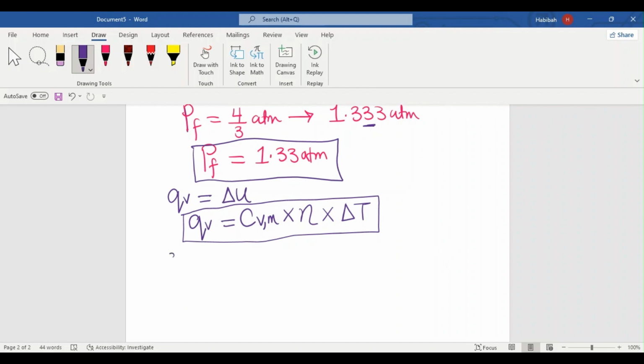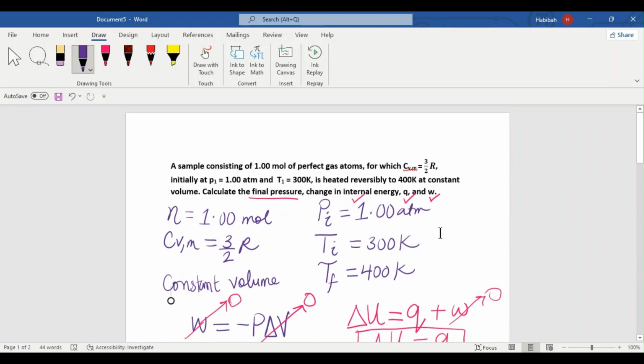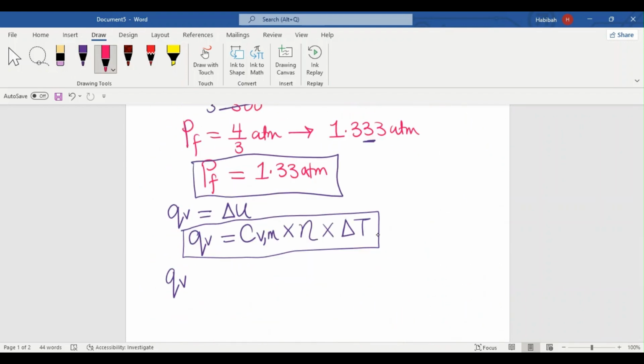According to the question, the molar heat capacity is 3 over 2 of the gas constant, which is denoted as R. Don't forget that the unit for heat is joules, so the gas constant is 8.3145 joules per mole Kelvin. Since C_V,m is equal to 3 over 2 R, we're going to say 3 over 2 R, which we're going to input here as